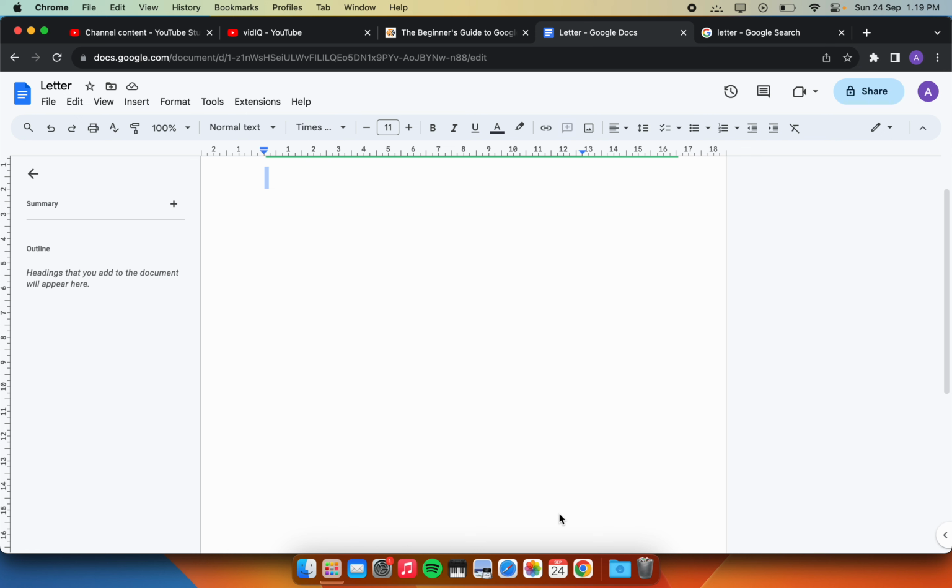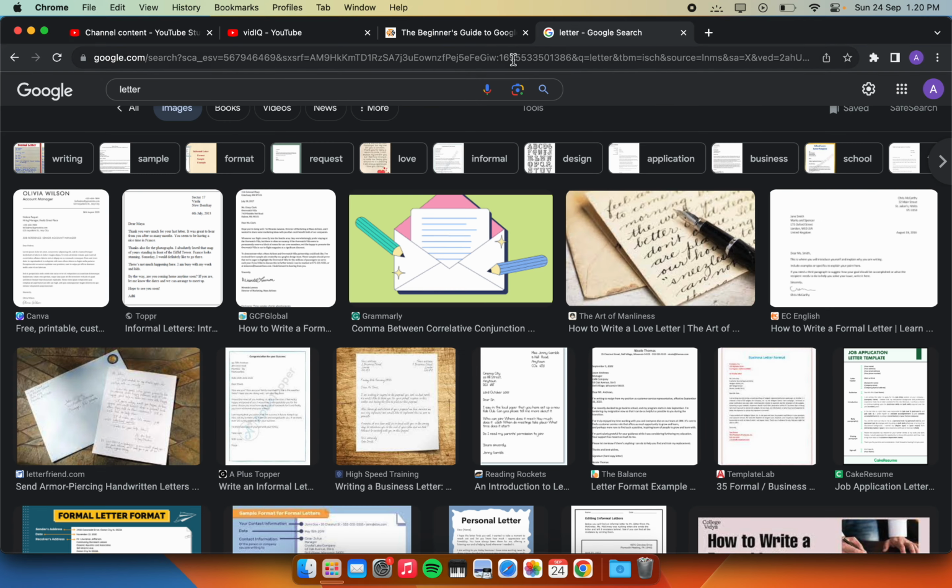How to see all the recent changes of Google Documents. For example, if you have made a mistake, something like this, and then you close the document, like this, and then you want to open it up again,